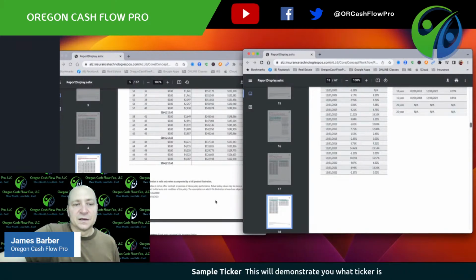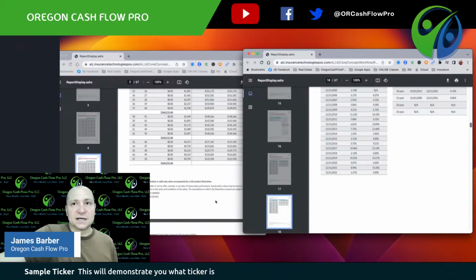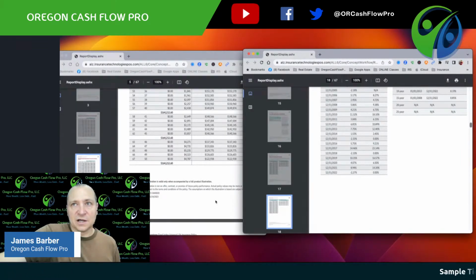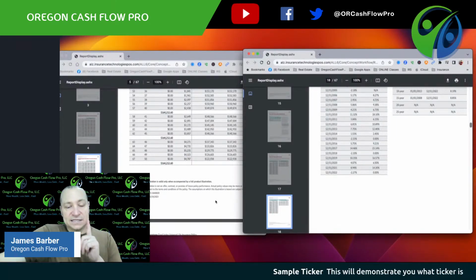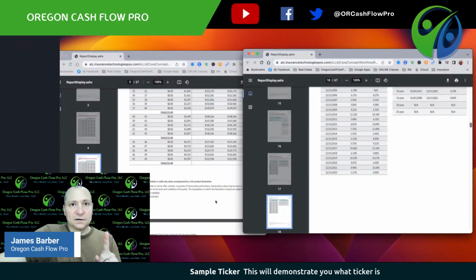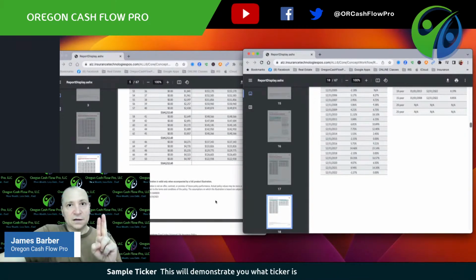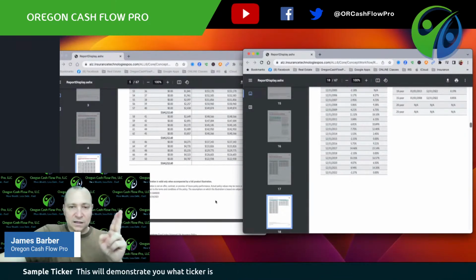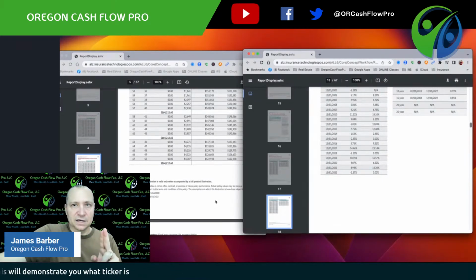So, Avatar asked, do you think the fees are okay with Allianz? Not too high. Yes, I do. There's a reason for that. If you look at strictly the fees between carriers, Allianz seems higher. Their cost of insurance is definitely showing higher, but their load fees are right in the middle, right where they need to be. Okay. There are some carriers that are lower load fees and lower cost of insurance, but